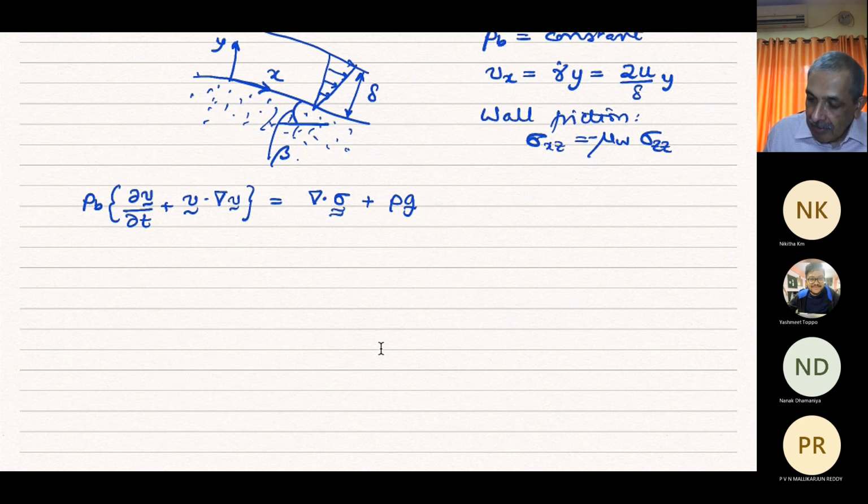And what I said is that we can actually write this V dot gradient of V. And I think you might have done this before. This is just equal to